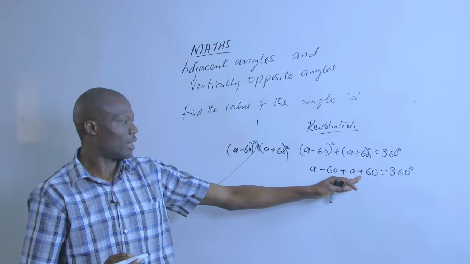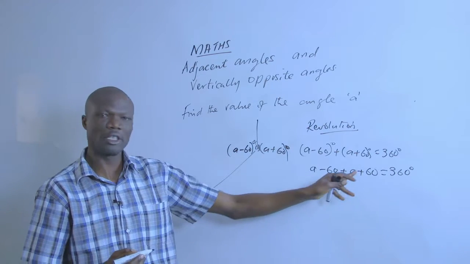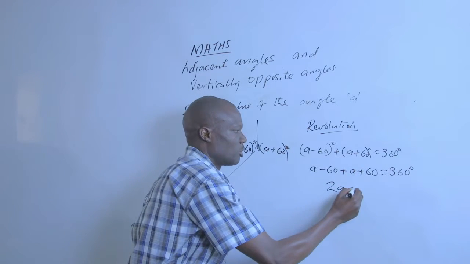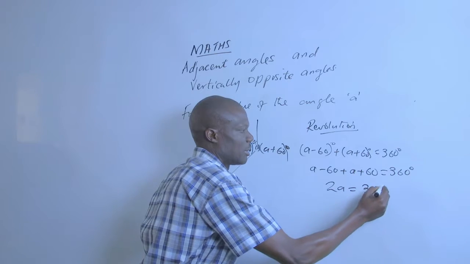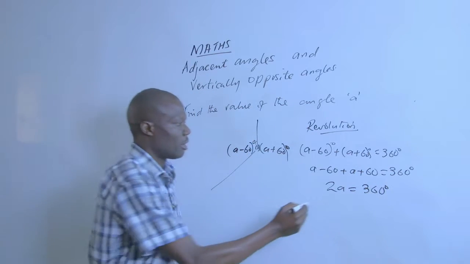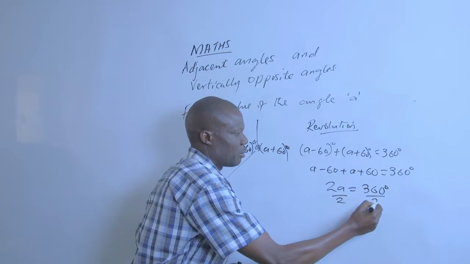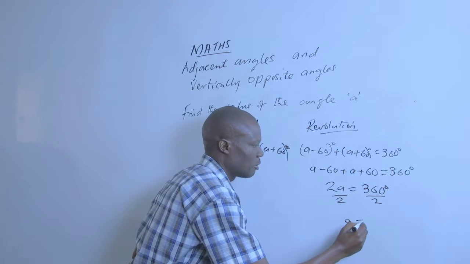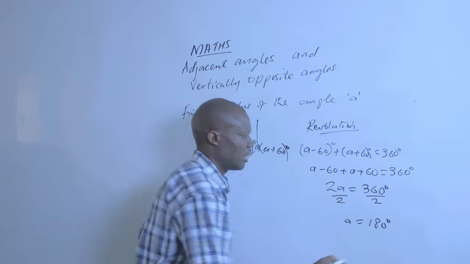So, collecting like terms, we shall have A plus A, which is 2A, and minus 60 plus 60 simply gives us 0, because minus 60 plus 60 is the same as 60 minus 60, which is 0. So 2A is equivalent to 360 degrees. Simplifying by dividing both sides by 2, you'll find that A is equal to 180